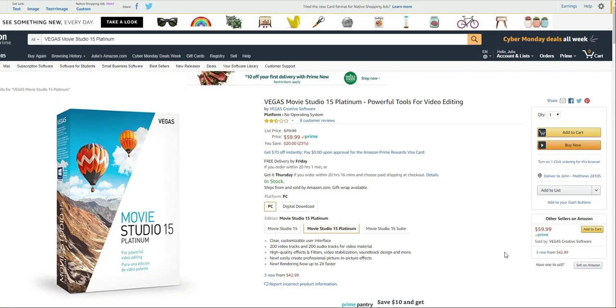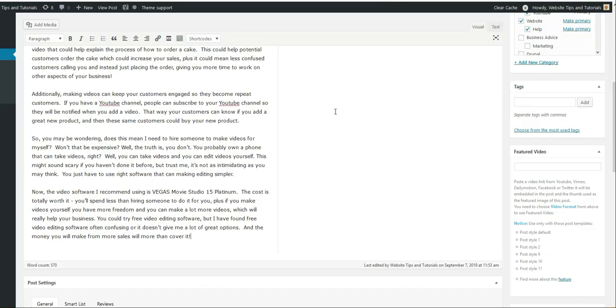Hi! So today we're going to find out how to add Amazon affiliate links to WordPress. This is if you have a WordPress site and you already have an Amazon Associates account. So we're going to add a link to this product, Vegas Movie Studio 15 Platinum, to a blog entry we